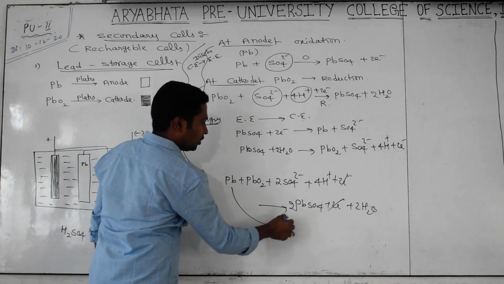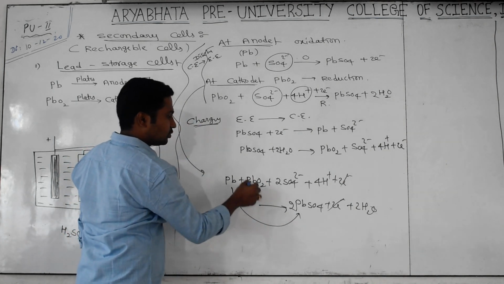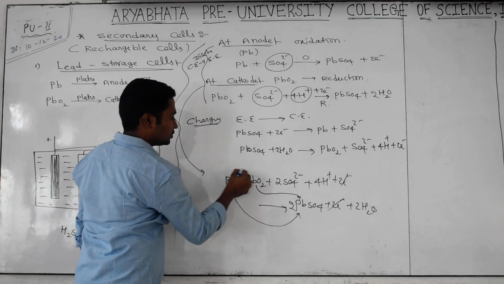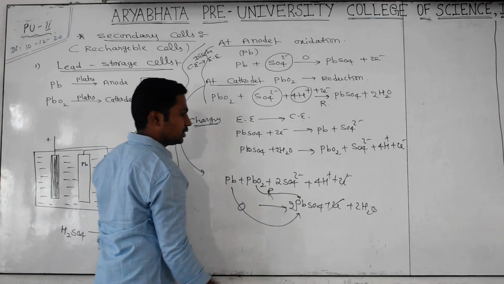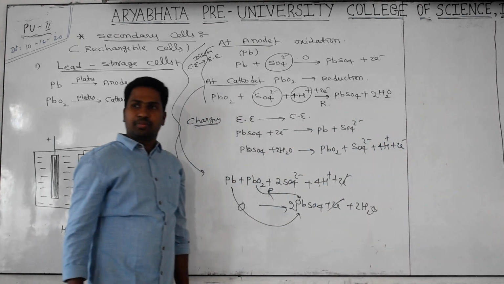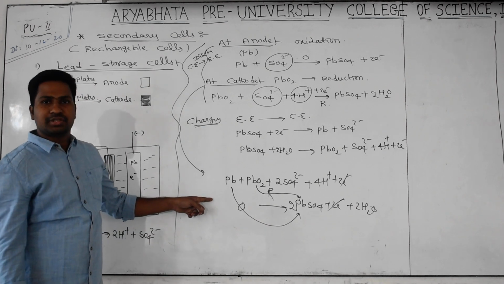This is oxidation, and one more is going on, reduction. So oxidation and reduction go on together. That's what is called a redox reaction. So this is also one more type of chemical reaction, disproportionation or comproportionation.